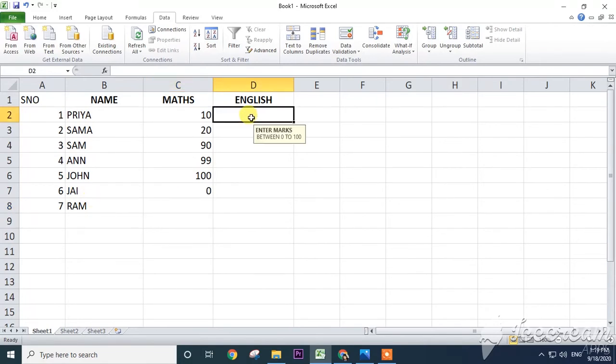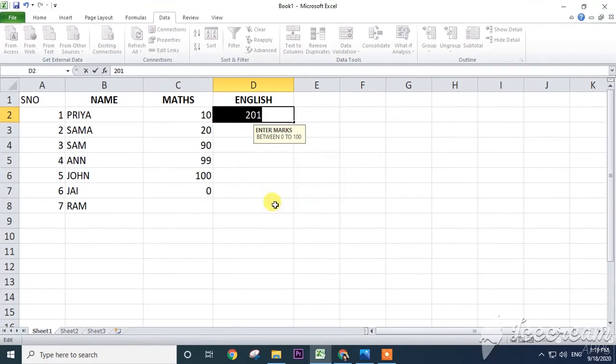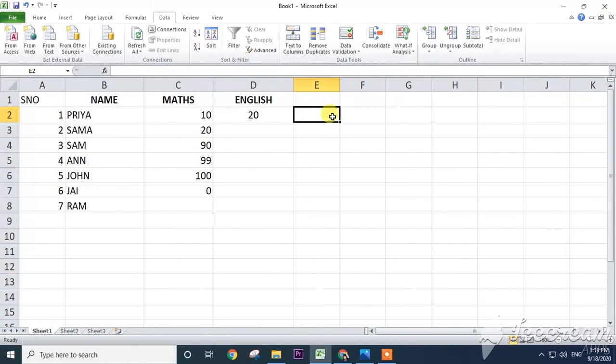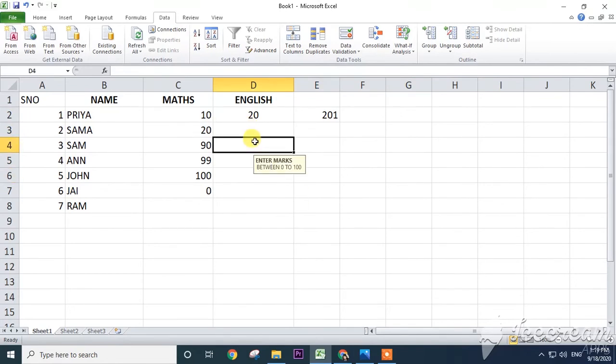Now if anybody writes 201 marks, it's showing invalid marks. So in these cases we are using the data validation option. Here I will retry, I will write 20 marks, then it will take. Here you can write 201 also, because we didn't apply the rule here, so that's why it's not showing. The rule is applied only up to here.